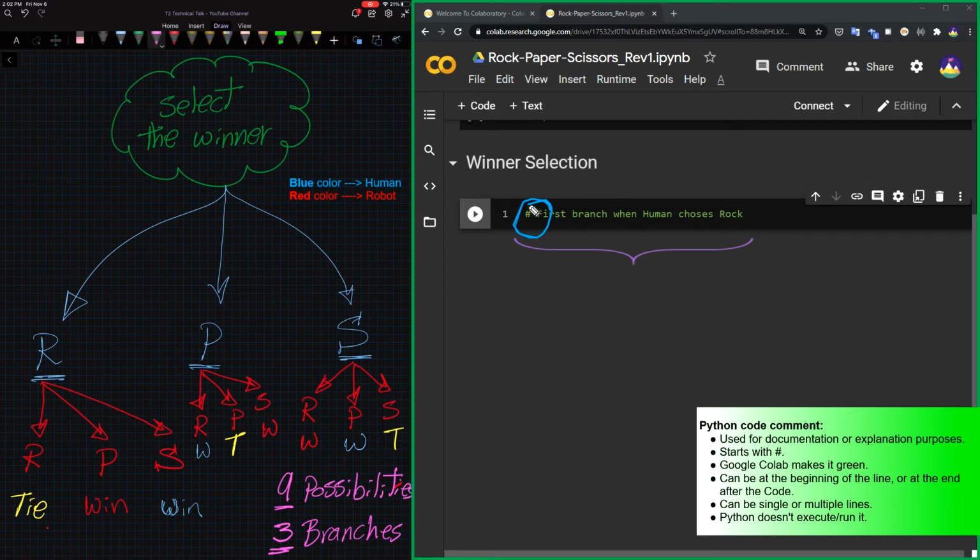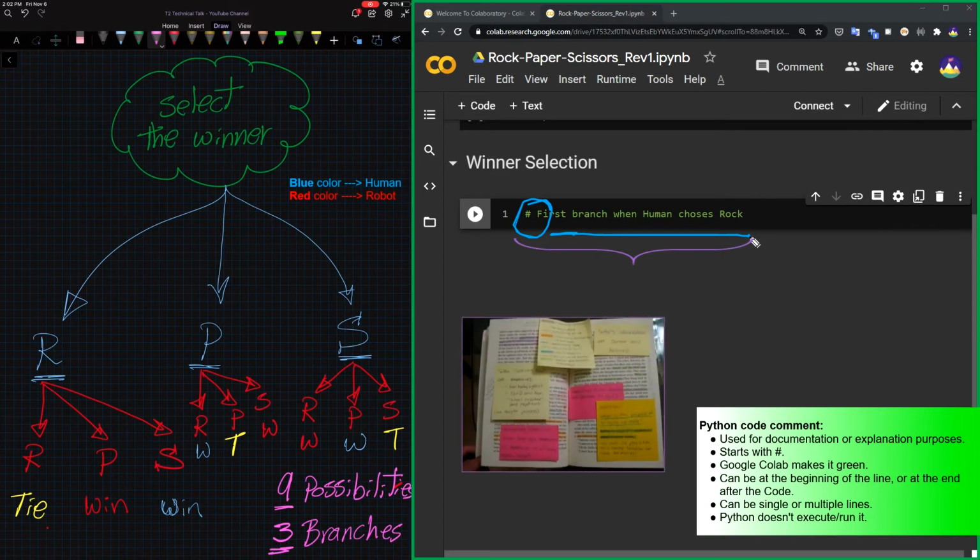Comments in the code cell are used only for documentation purposes, which means explaining why I wrote the code that way, to remind myself in the future when I want to debug or modify it. As a result, Google Colab turns the comment line green to let us easily distinguish where the comment lines are. Comments might be added as a complete line or at the end of a code line. Python will not execute them. They are just for our information as programmers. Let's think of code comments as leaving sticky notes in our books.